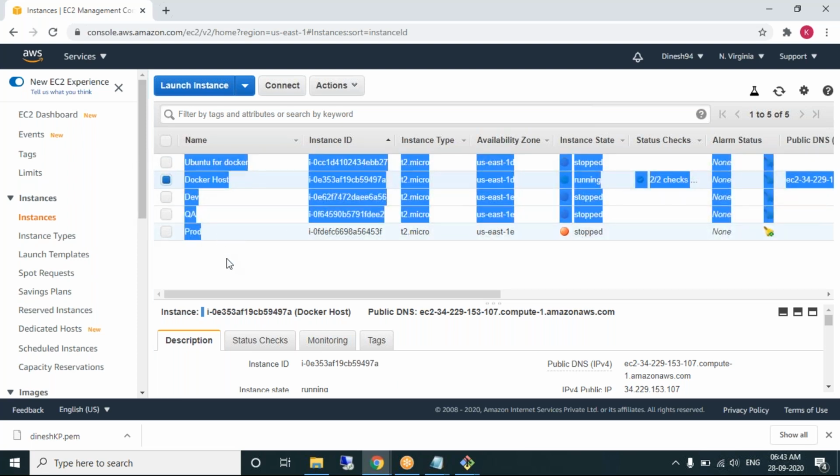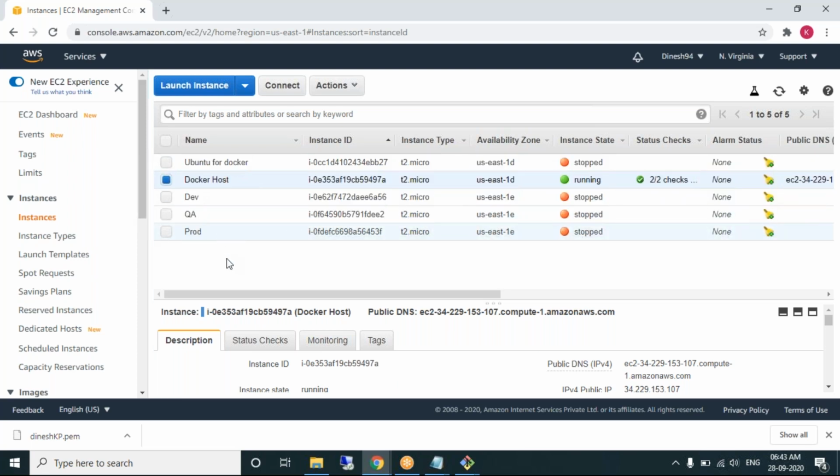If the Docker containers are running on multiple machines, it is called a distributed environment. How is it possible? Assuming this is machine 1, machine 2, machine 3, machine 4, machine 5, a few containers run in machine 1 and a few containers run in machine 2. Yes, it is possible.